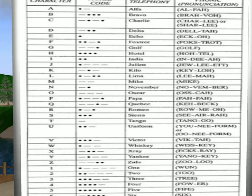So again, you would say, "North Las Vegas traffic, November 512 Alpha Kilo, entering a left base for runway 36." And that would let them know that you're entering the airspace, the traffic pattern for a left downwind. That would be the first part of your pattern, and it tells them exactly where you are and what you're doing. Then, you're also listening for traffic on Unicom, and you're going to continue to listen, so if there's anybody else coming around,